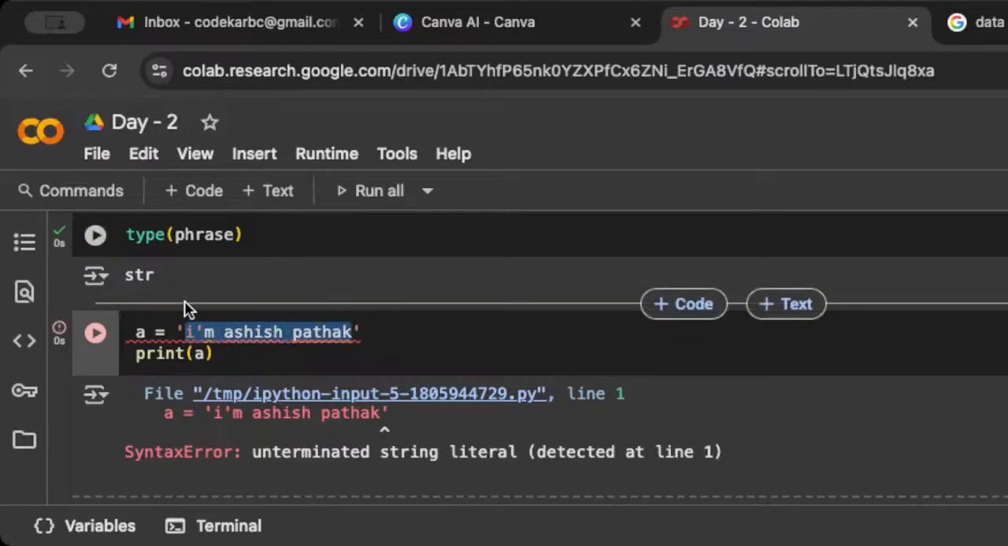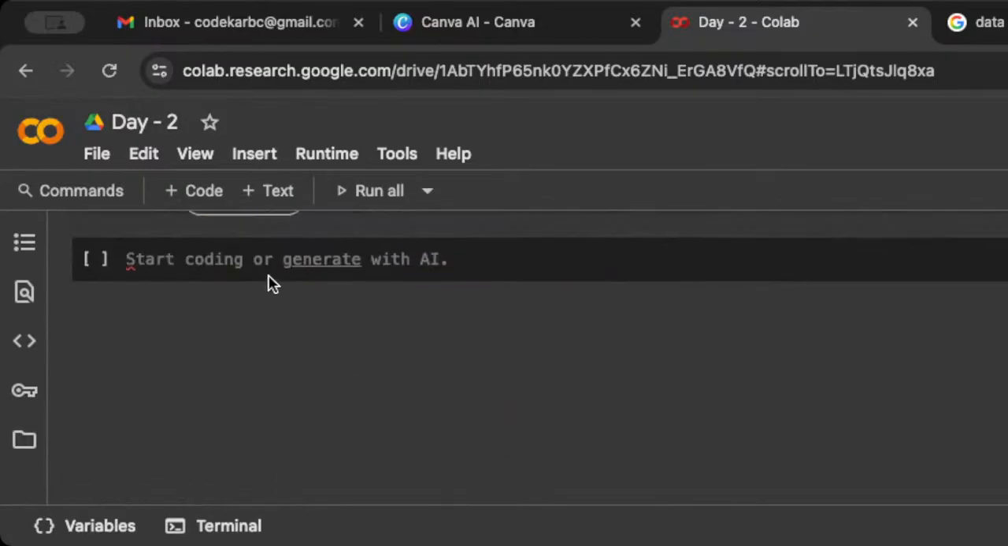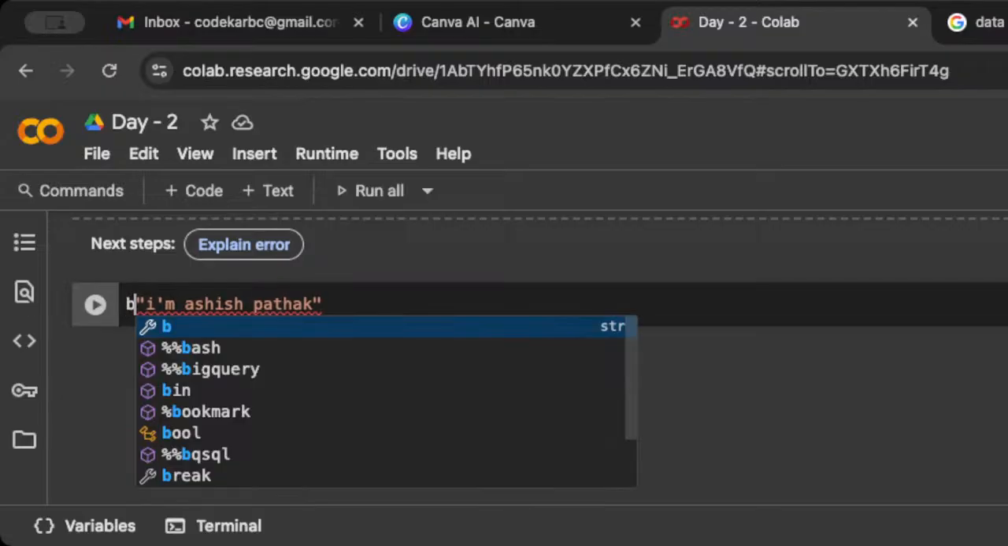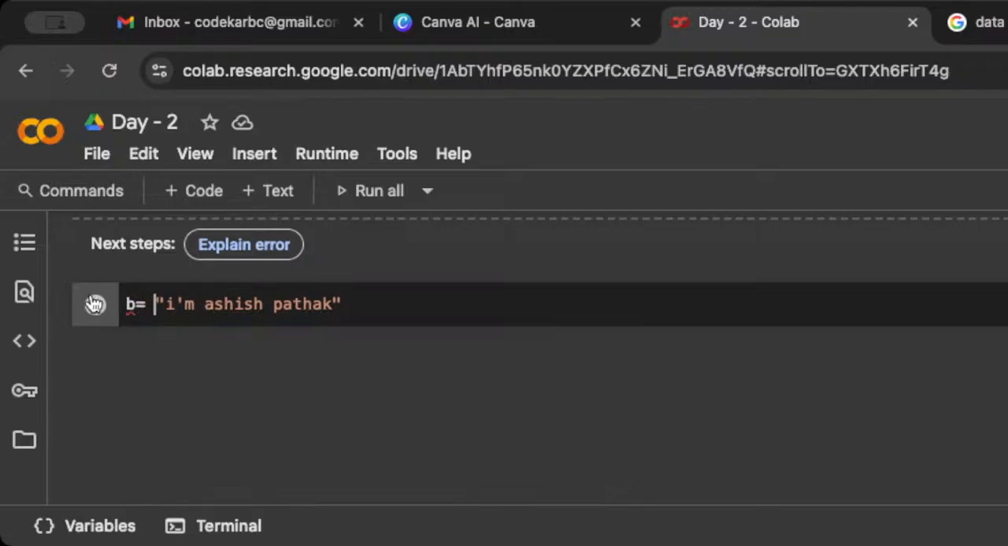I am Ashish Pathak. Let's copy this one. Now, let's print this one. And then after that, I am using double quotation mark. Let's use double quotation mark. Then what will happen? Let's print it as B equals. Now, okay, let's print as